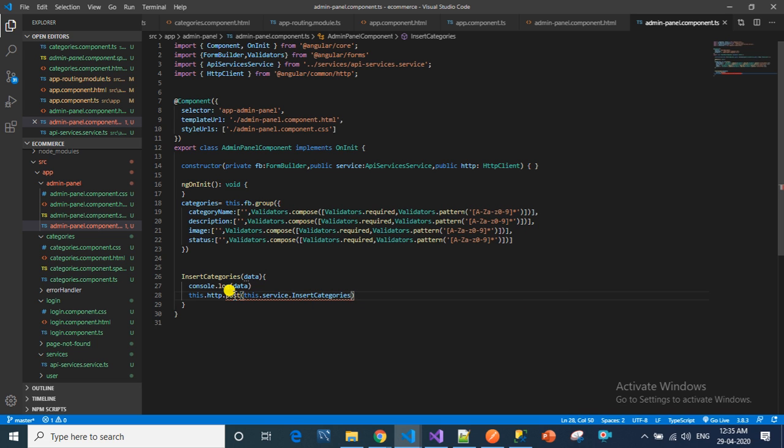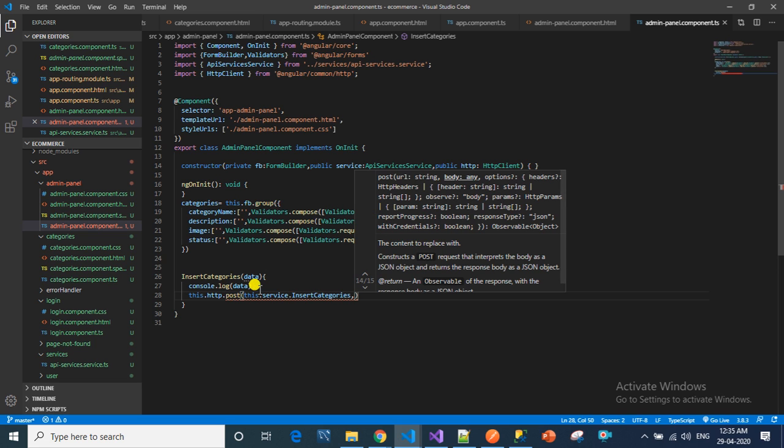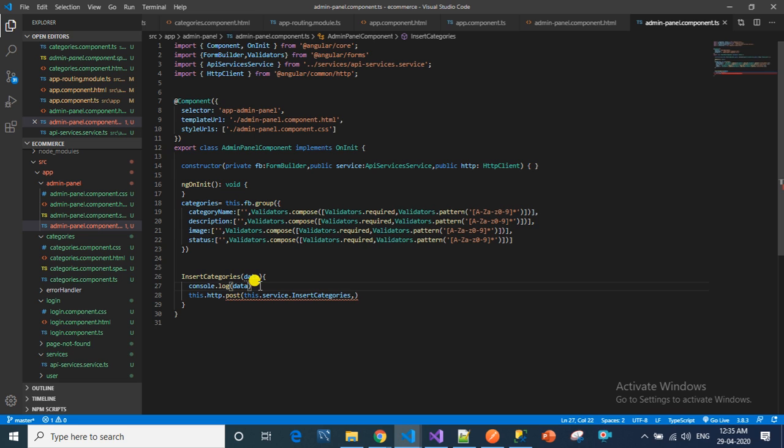Now we have to send the data here. So I am going to create an object called as categories equal to empty of